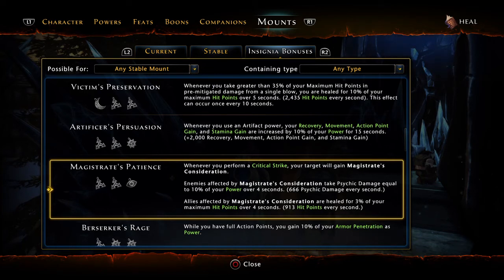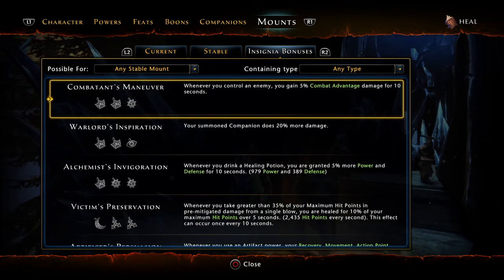So this will be proccing constantly, which does add a little bit of damage, but since it's constant, it turns into a pretty decent amount of damage over the course of, say, a dungeon. So coming in, guys, at number 2,